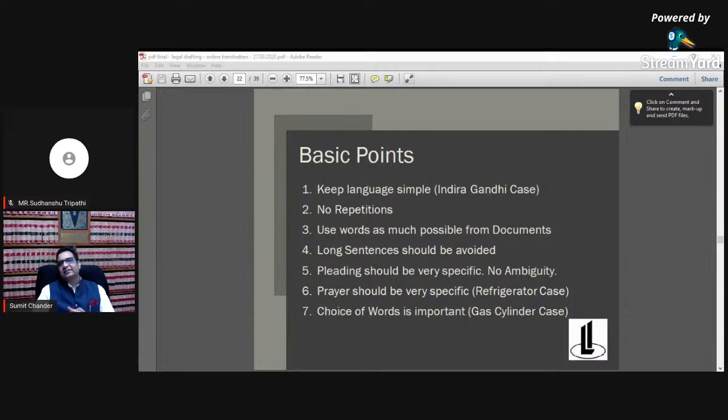And last but not the least, keep the choice of words. Be very selective about what words you use in a case, because each word can make a huge difference. Now, this is a case where Mr. Nani Palkiwala, advocate, was approached by some gas manufacturing companies, and they said that they are being charged tax on